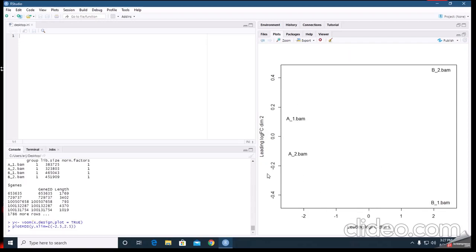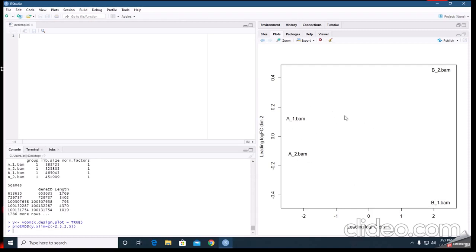See this. This MDS graph shows multi-dimensional scaling, and it shows sample A libraries are clearly separated from sample B libraries.